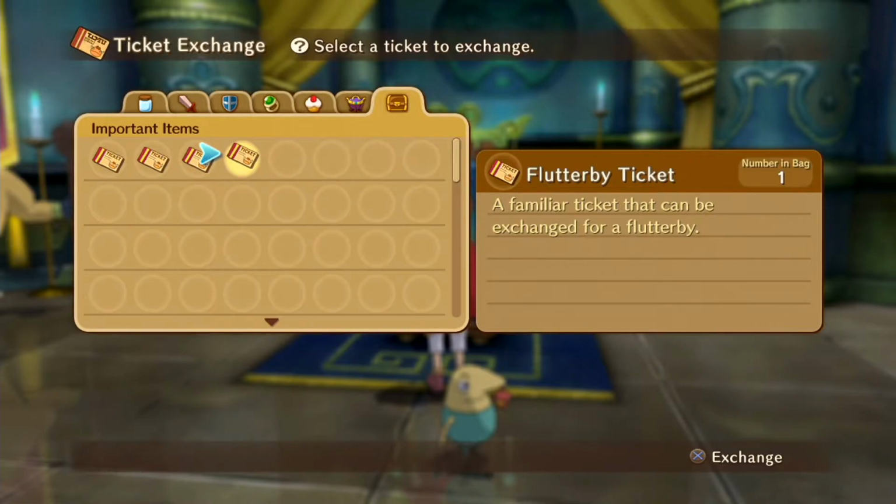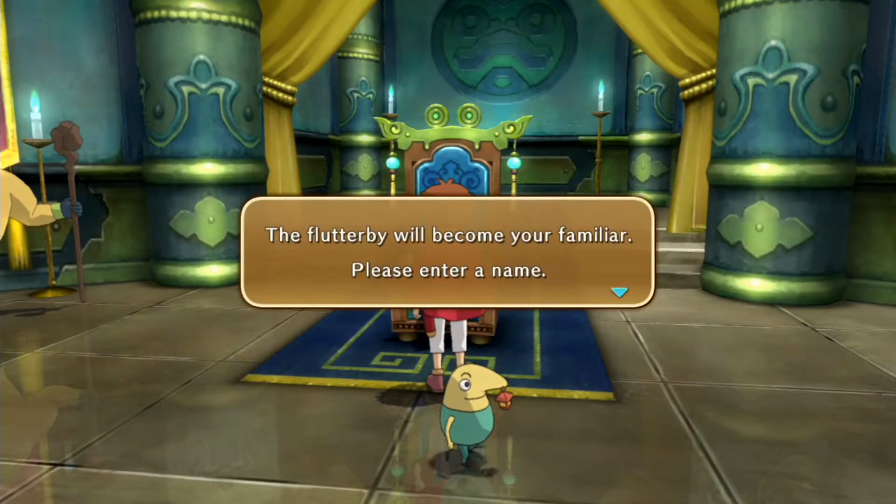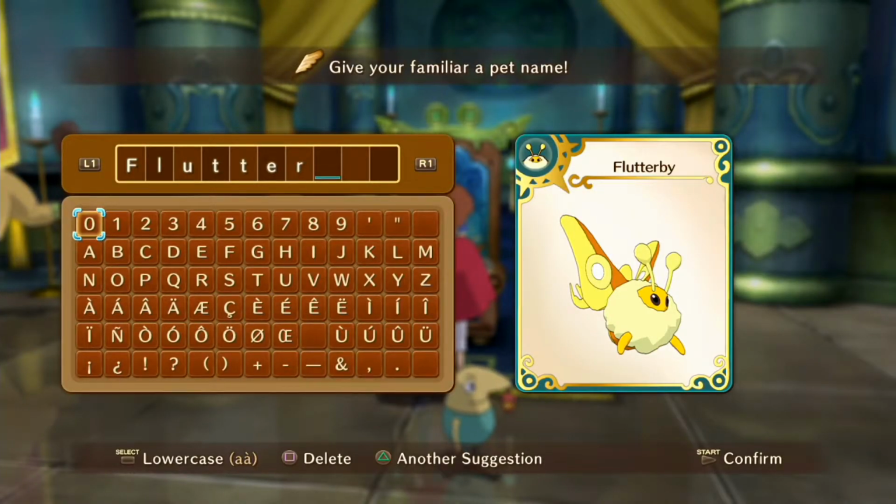And let's go for another familiar ticket here. Let's go ahead and turn in the Flutterbee ticket. Hey, it's a cute little golden moth thingy. Alright, let's see, we got Flutter, we got Bye-Bye, we got Wingy, we got Saturnid. Okay. Let's name you...